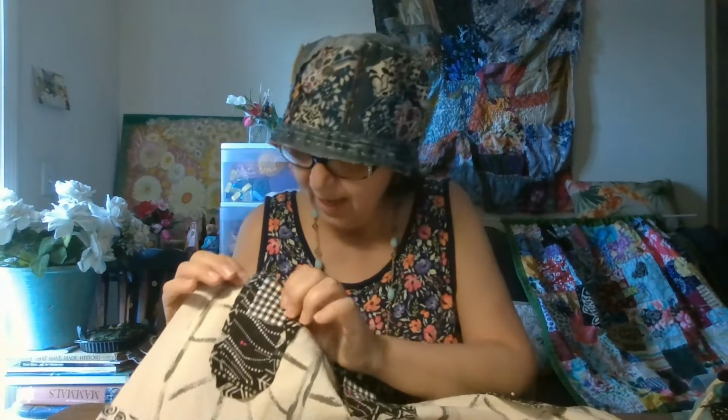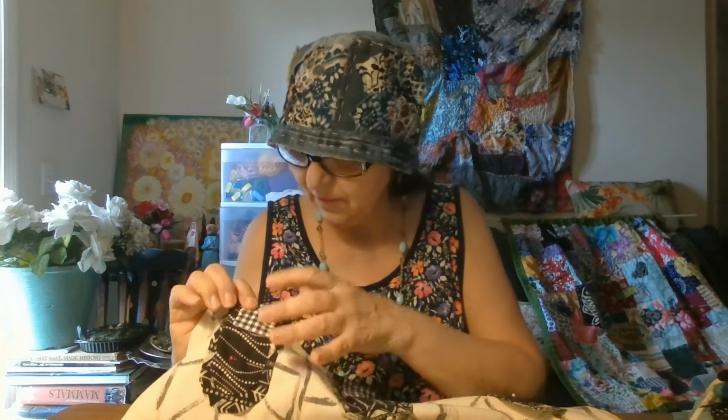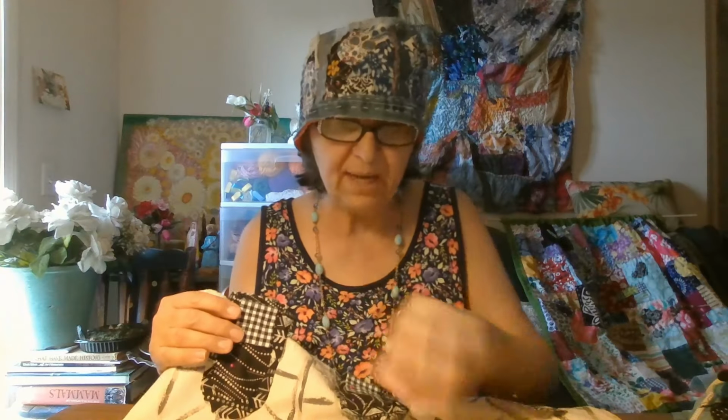These are minimalist because I have three pieces and it's just an independent design. It's as far as I'm going. I could stitch this whole piece, it would still be a small independent. This has many pieces, and this is